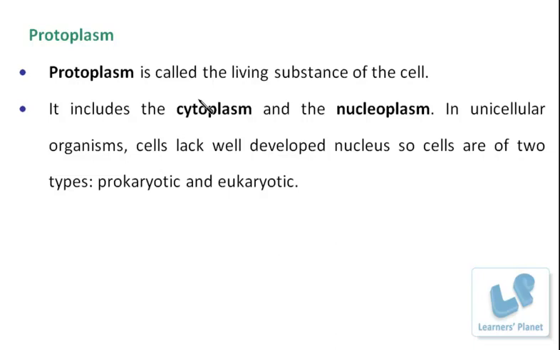Now further, as we proceed, we can use a new term here, that is the protoplasm. What is protoplasm? Protoplasm is defined as the living substance of the cell. Now, what type of substances are present in the cell? It is in the form of cytoplasm or in the form of nucleoplasm, right? So combined, the cytoplasm and the nucleoplasm together are known as the protoplasm, and together they make the living substance, the living matter of the cell.